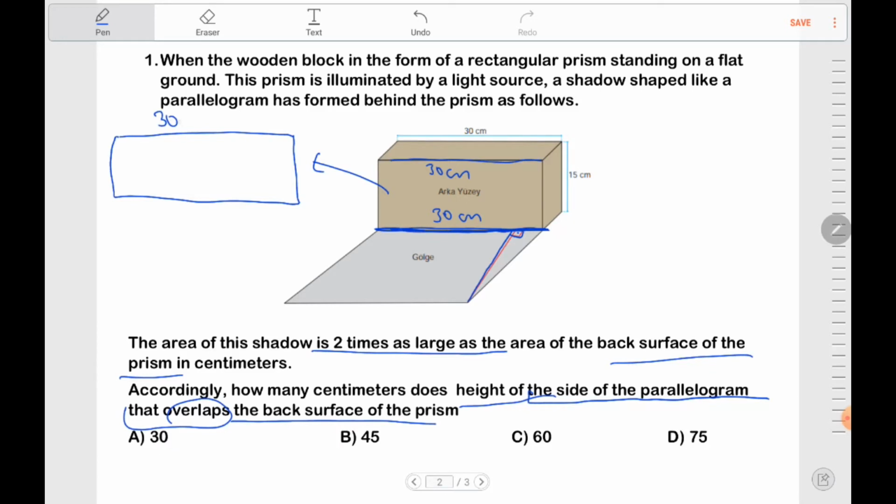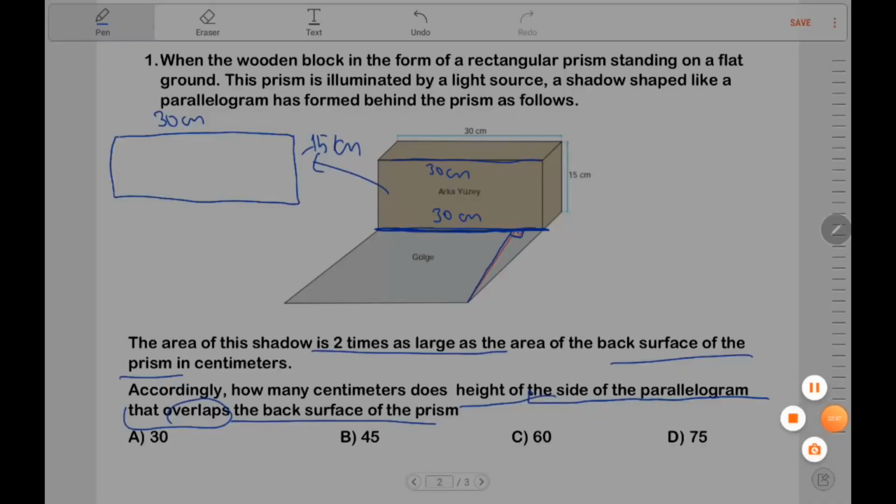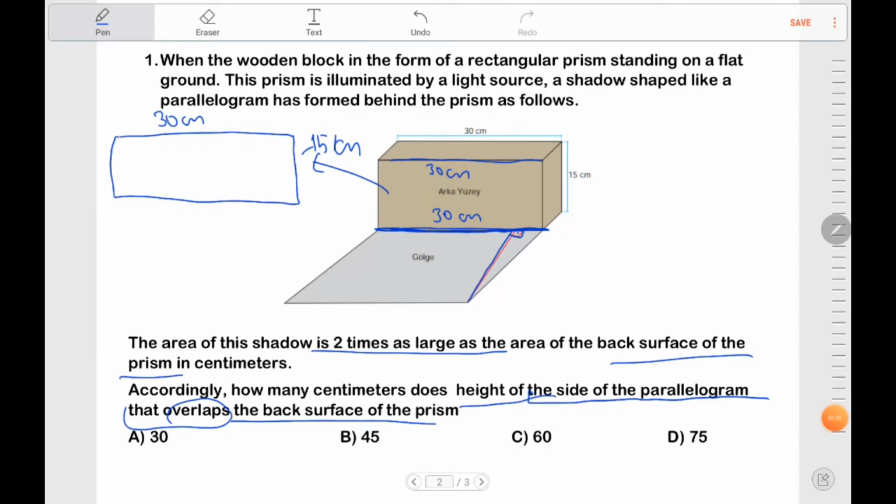Length is 30 centimeters and width is 15 centimeters. So the area of this rectangle equals length times width. So 30 times 15, which is equal to